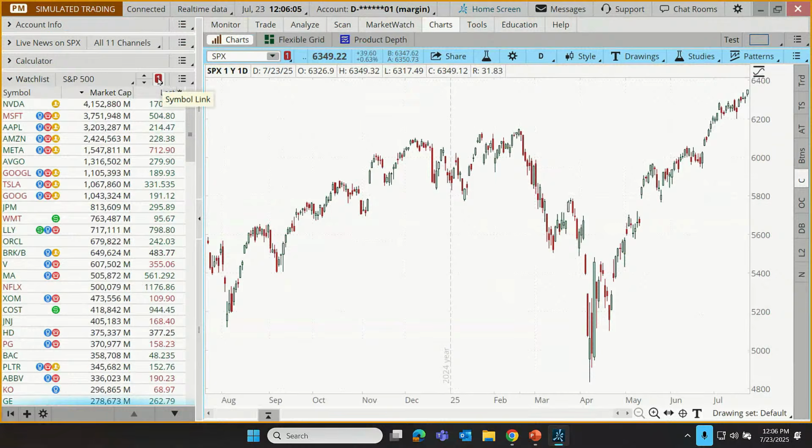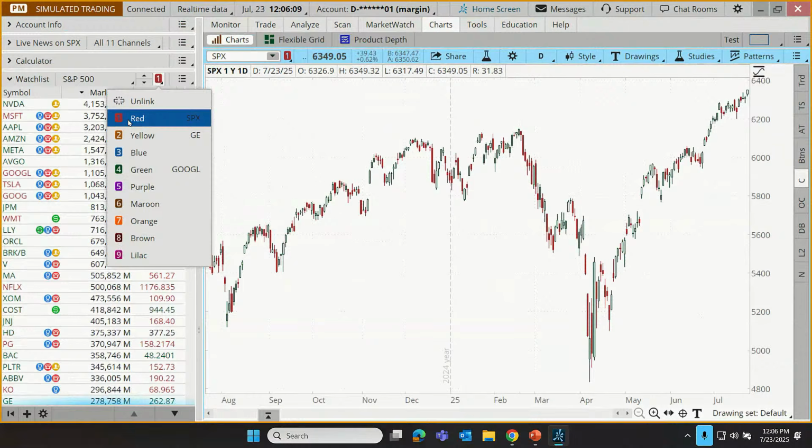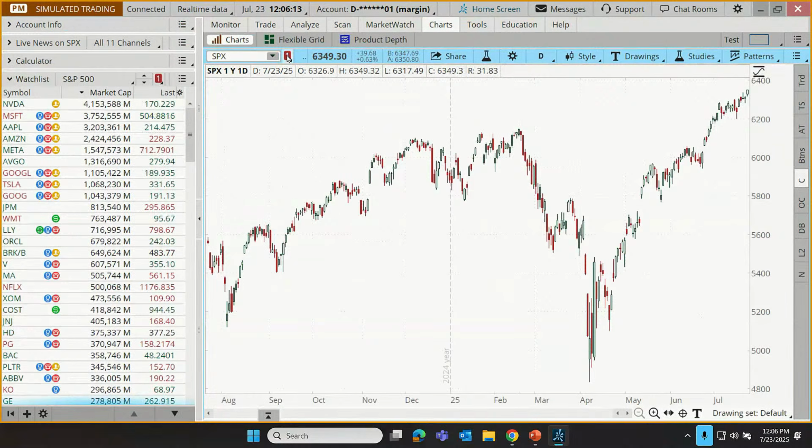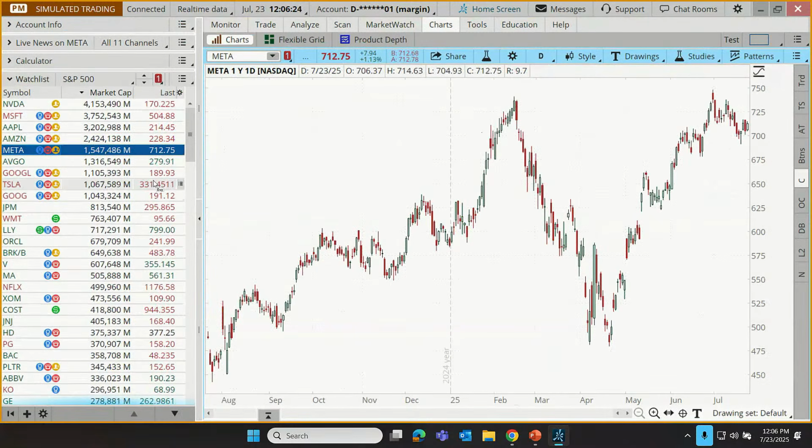If we've selected the same symbol link, meaning the same color, the same number as we have here just to the right of the symbol box in our charts, well then if we click on something in the left column in our watch list, so for example, if I click on Meta, it will load up a chart of Meta because those two functions are now linked. That's how quick and simple that linking is.